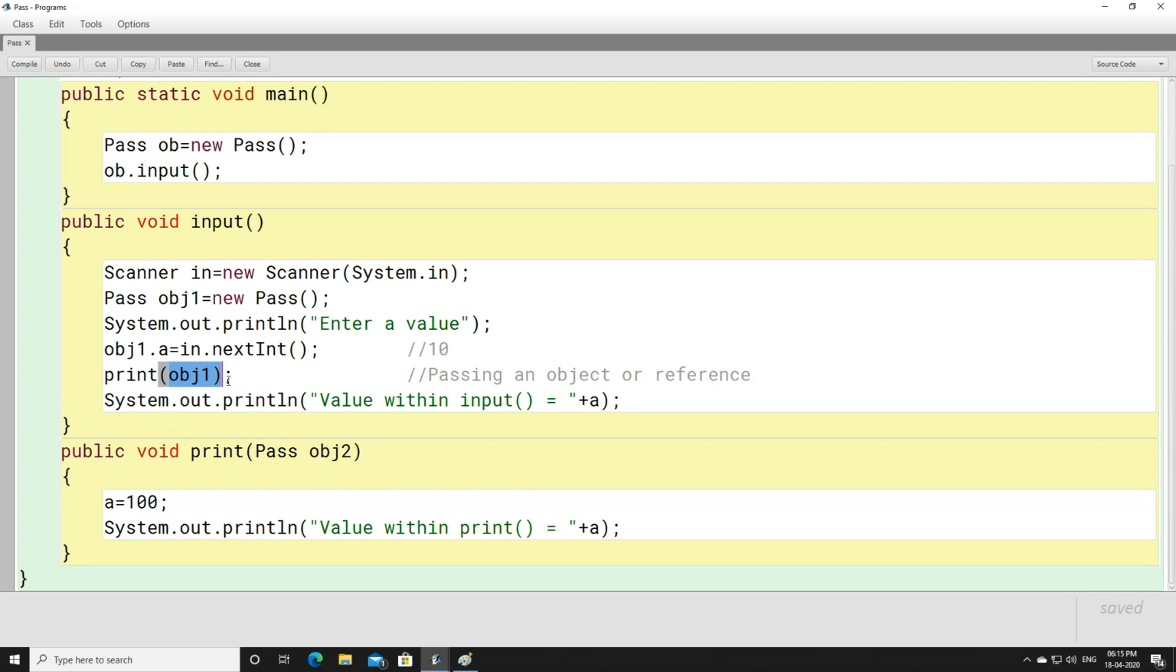Now if you are passing an object, you need to store an object here, so you can never write int x. The reason is int x will hold a value, but from this place you are passing an object. You need to store an object here. So how can you create an object? Pass